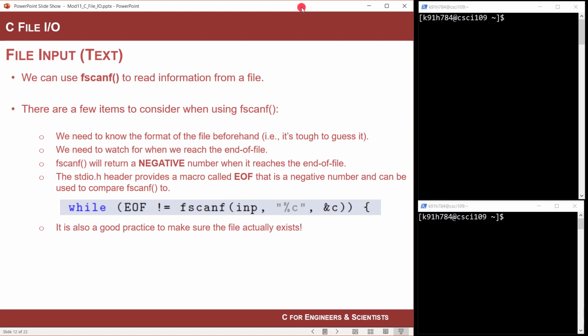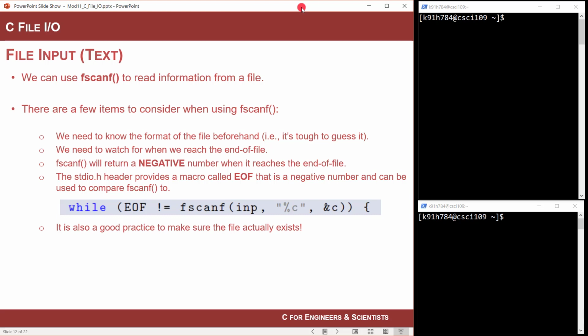the format. Are they comma delimited? Are they just columns of information? Is it text? Is it binary? Whatever. The other thing you need to watch for when you read from a file is when you reach the end of the file, because you can think about scanning through a file as opening it up and reading it in line by line. And then at some point when you get to the end of the file, there's nothing left to read, and so you'll error out. So these functions that read from files actually have built-in kind of end of file